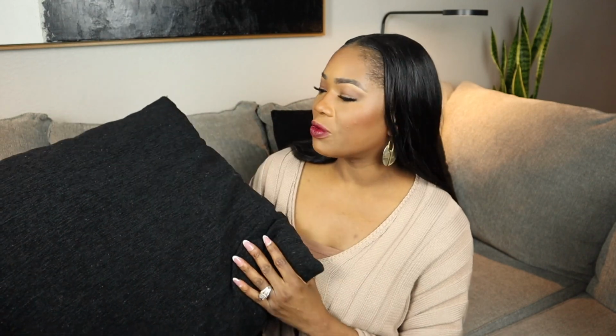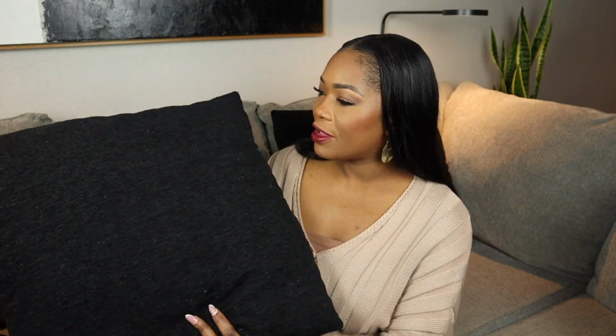So the first thing I want to show you is that if you see behind me, I have these pillows. I purchased these pillows at Home, and when I first saw them, I really did like them. However, they aren't down-filled, so they're not choppable, and plus, if you can see, they hold a lot of length. I really didn't like that about these pillows, but I went on Amazon